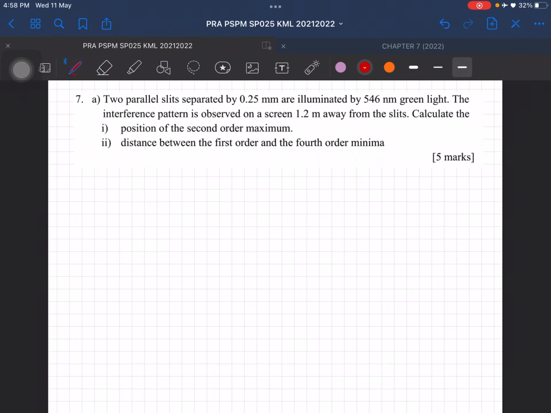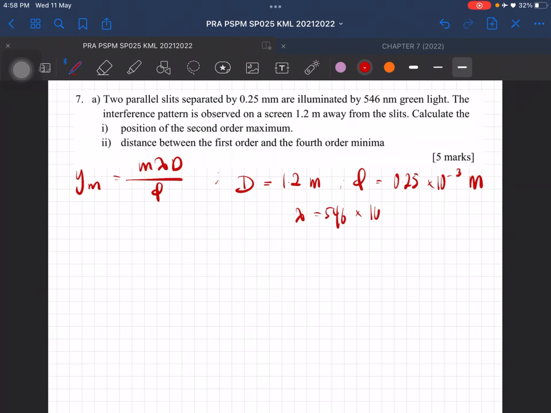So now we know that for a maximum equation, we are using ym equal to m lambda D over small d. So the capital D is equal to 1.2 meter and small letter d is 0.25 millimeter. And the wavelength is equal to 546 nanometer. Okay, so that is the information that we need, and second order is just going to be m equal to 2. So 2, 546,